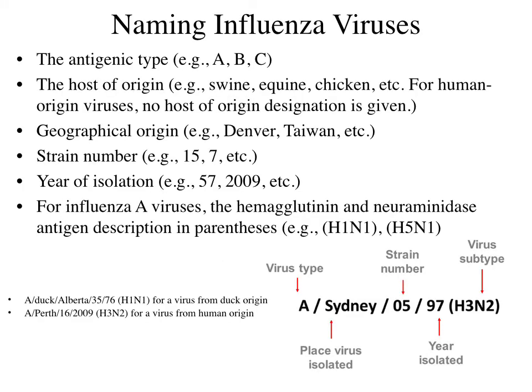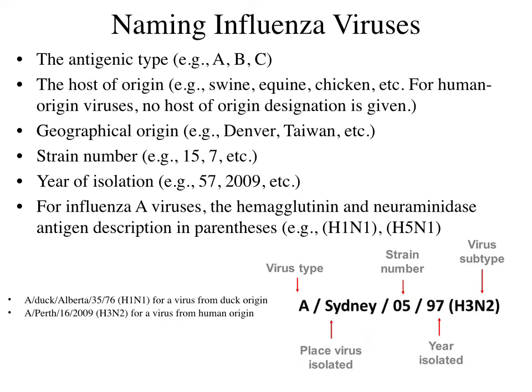Okay, so now let's talk about how we name influenza viruses. Well, there's the antigenic type. So is it influenza A, is it influenza B or C? So that's first. Then the host of origin. So is it from swine, chickens, and so on? If it's a human origin, then you don't have to write down the host. You don't give a host of origin designation if it's a human origin virus. You want to give the geographic origin. You want to give it its strain number, the year of isolation, and then for influenza A, we also